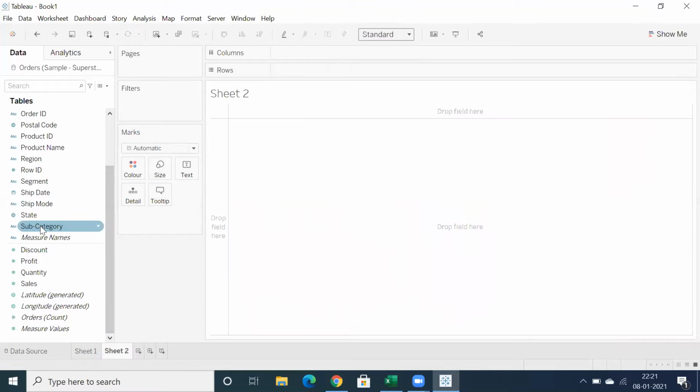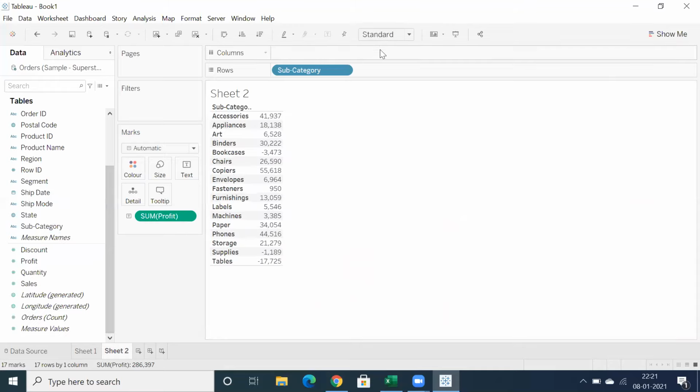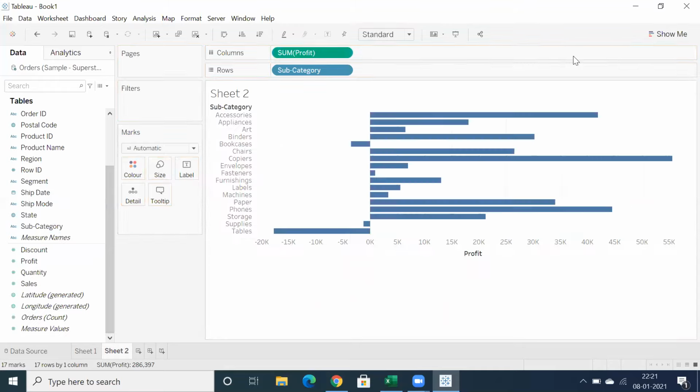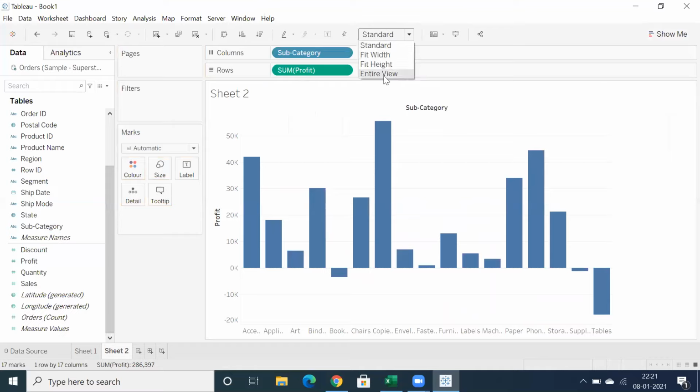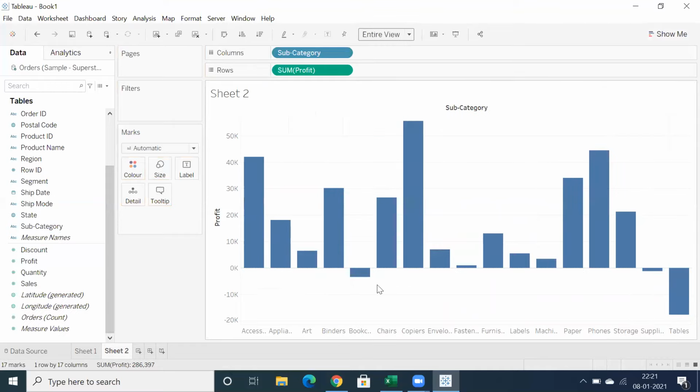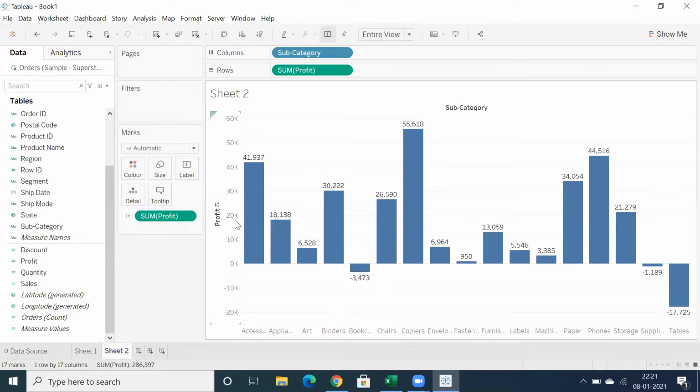Let's say I have subcategory wise profit, and I will create a bar graph. Let's swap. If you can see here, there are a few negative values. Yeah, three negative values. Let's drag and drop profit into label, and you can see there are three negative values. My requirement is, if the profit is greater than 0, I want to showcase all the bars in green color. If the profit is less than 0, I want to showcase that in a red color.